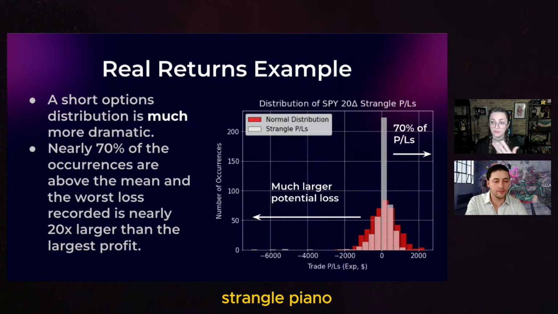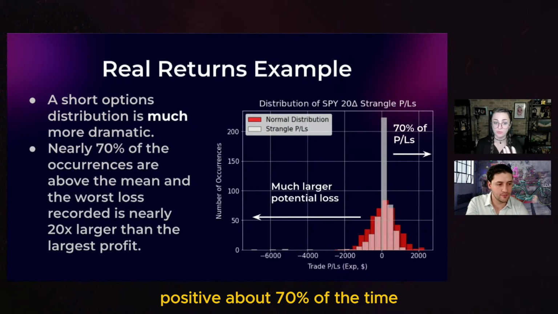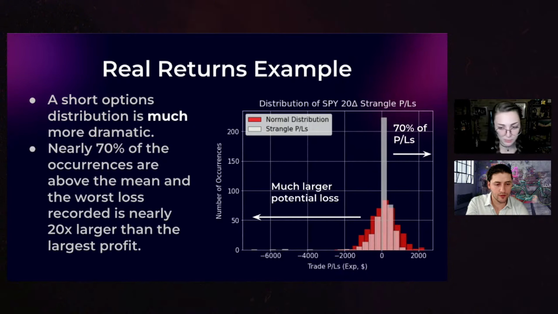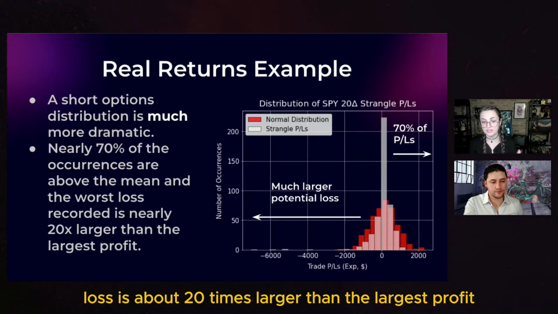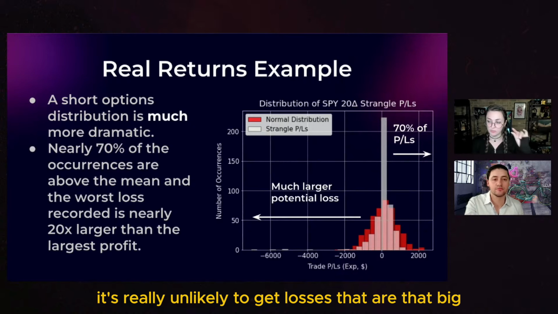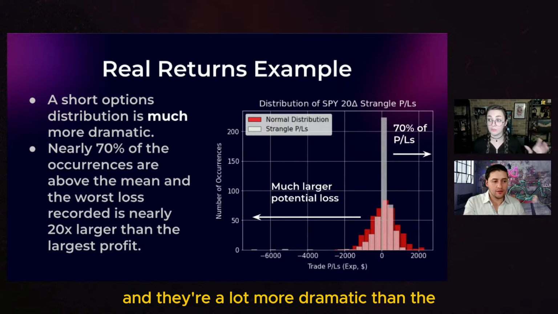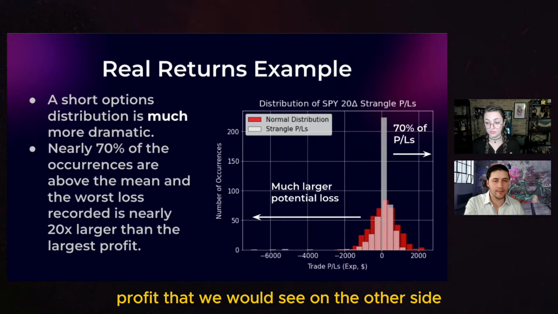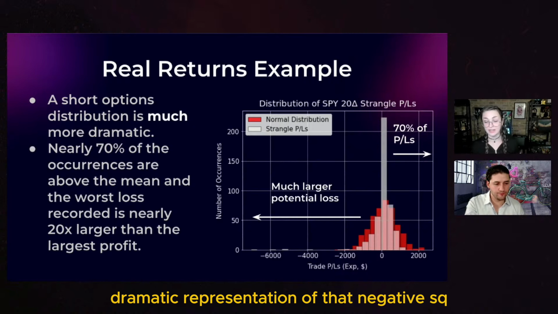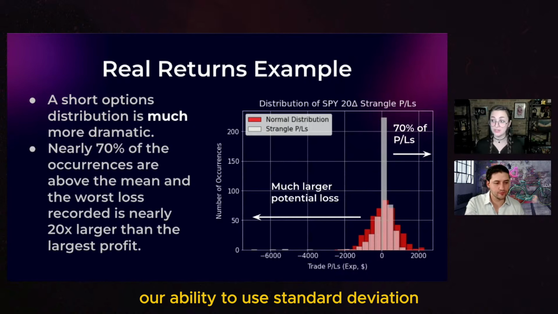Okay, strangle P&L is positive about 70% of the time, which makes sense with the probabilities of profit that we estimate. But the worst case loss is about 20 times larger than the largest profit that was recorded. And that tail risk, that's what we're seeing. It's really unlikely to get losses that big, but they do happen. And they're a lot more dramatic than the profits that we would see on the other side. So that's an even more dramatic representation of that negative skew that would mess up our ability to use standard